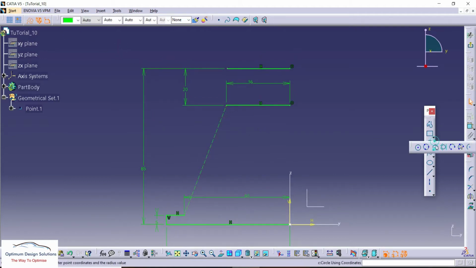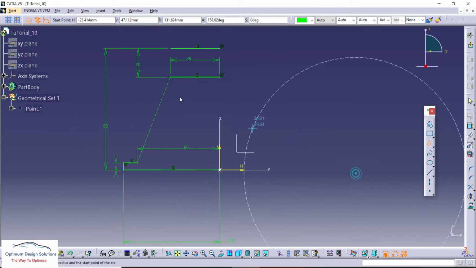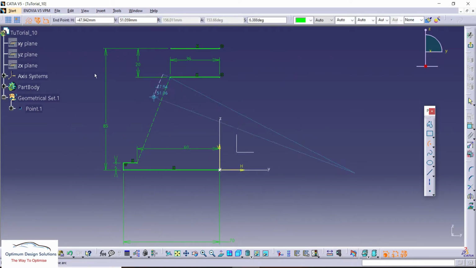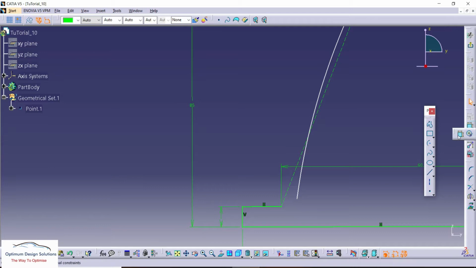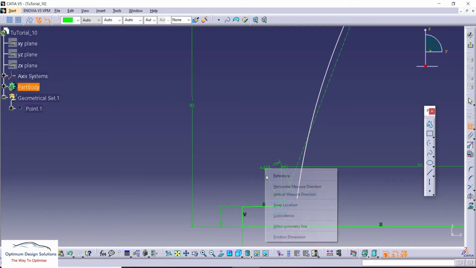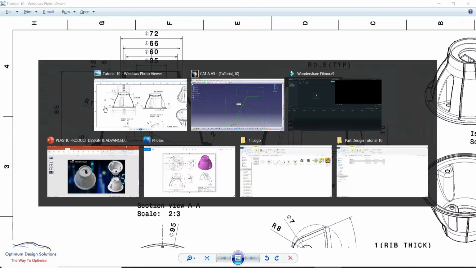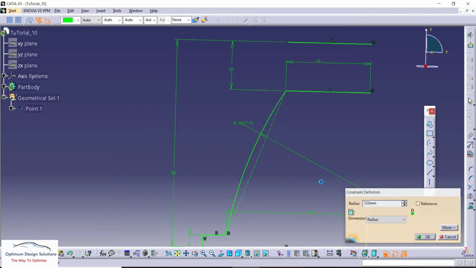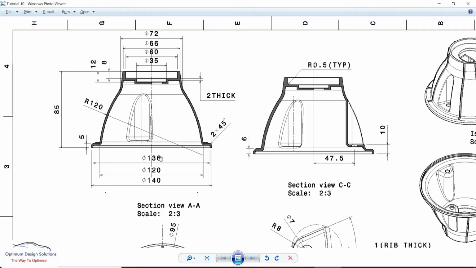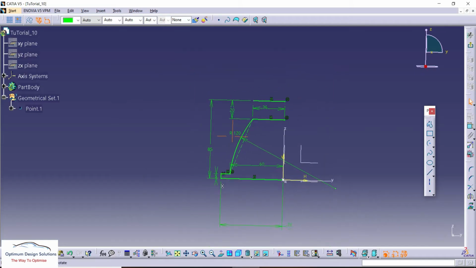So we'll hide this and we'll give the radius by using the coincidence tools. So here the radius is 120 mm, so R 120. So this arc gets completed here.